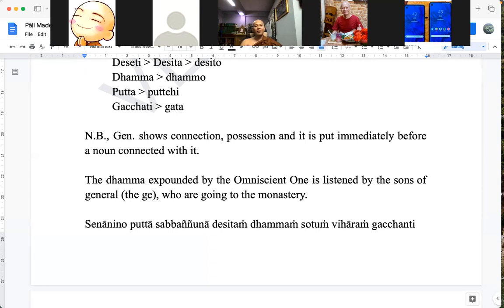So basically, the meaning is the same, right? The meaning is trying to convey that the sons of the generals are going to the monastery to listen to the Dharma, but the other one is emphasized on the Dharma, and this is emphasized on the idea or the message that the son is going to the monastery to listen to the Dharma. So yeah, generally the same sense, but we are learning the grammar, to understand the grammatical point. So I translate it strictly as grammar.